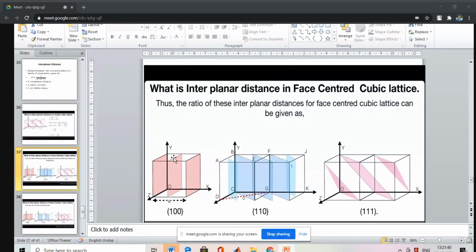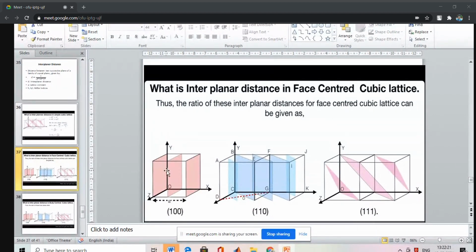यहाँ plane क्यों है? Because these, ये जो plane है, ये side वाले plane, these planes pass through the corner atoms of the unit cell and also through the face centered atom of the unit cell. But here in FCC, also there is atom at the center of this top face and the bottom face. And so here also there is one additional plane which passes in between these two planes. So in SCC, D is equal to A, 1, 0, 0. D is A upon root H square plus K square plus L square. So by this formula, in SCC, for 1, 0, 0 plane, it is A.